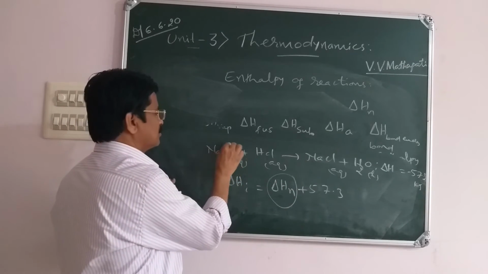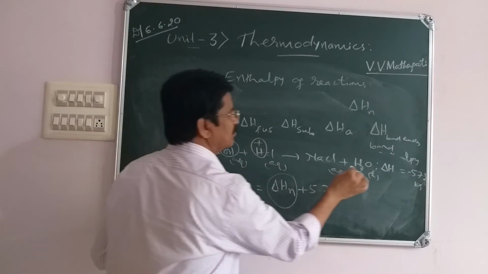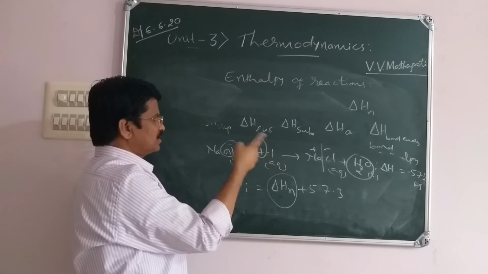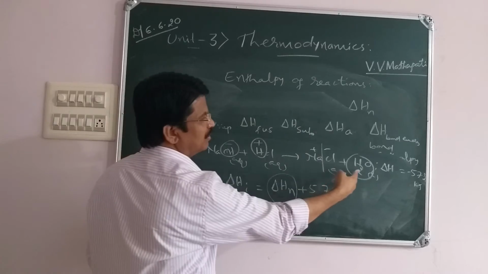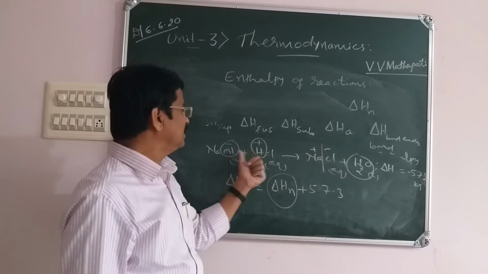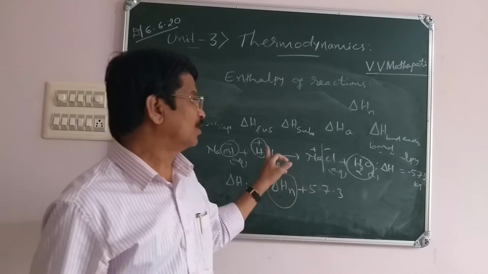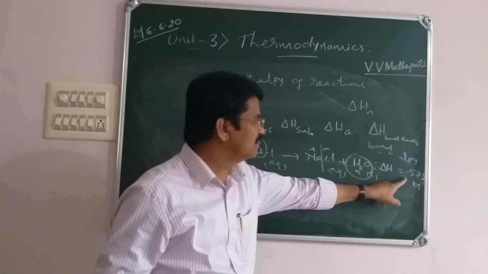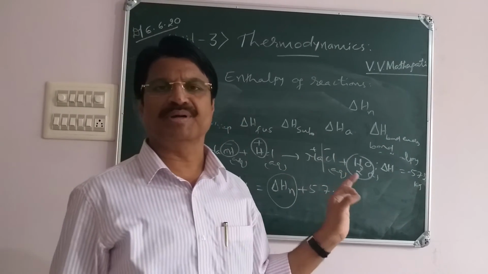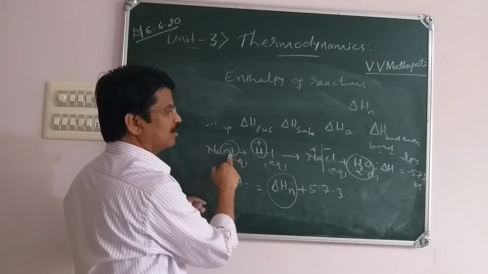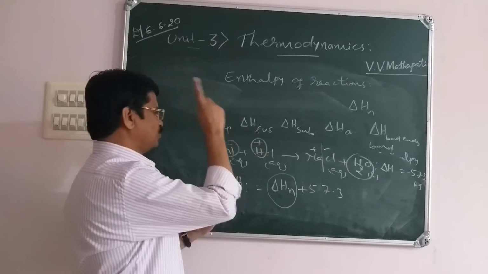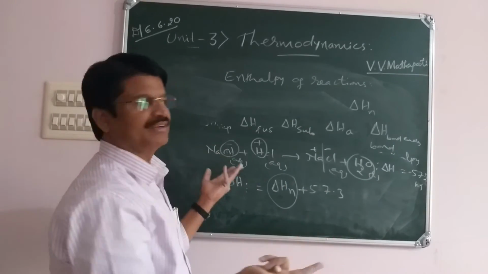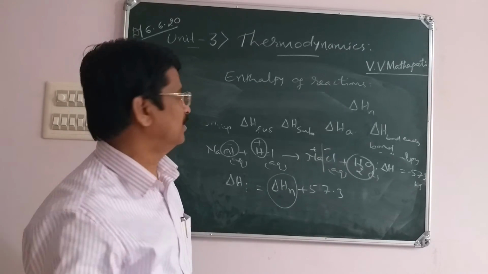And this shows one mole of H plus and 1 mole of OH minus combine to give 1 mole of H2O. This is the key reaction in enthalpy of neutralization. Always, if 1 mole H plus and 1 mole OH minus combine to give H2O, the heat liberated is equal to minus 57.3 kilojoule. This is called the strong acid strong base value, or 1 mole H, 1 mole OH value. Using this standard value, we can calculate the neutralization value for any number of moles of H plus and OH minus.